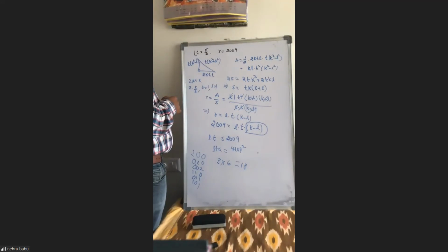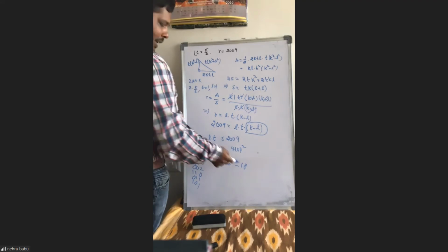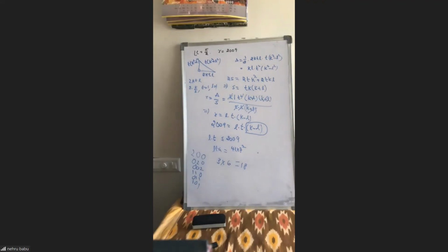I'm saying in terms of the equation, sir, R equal to LT into K minus L. Because L and T need not be integers, we should be getting more solutions than what we get when L and T are integers. When L and T are integers, we got 15 solutions, but here you got 18 solutions. So we got more solutions. So this method is not correct here, because you are getting more solutions in this method.